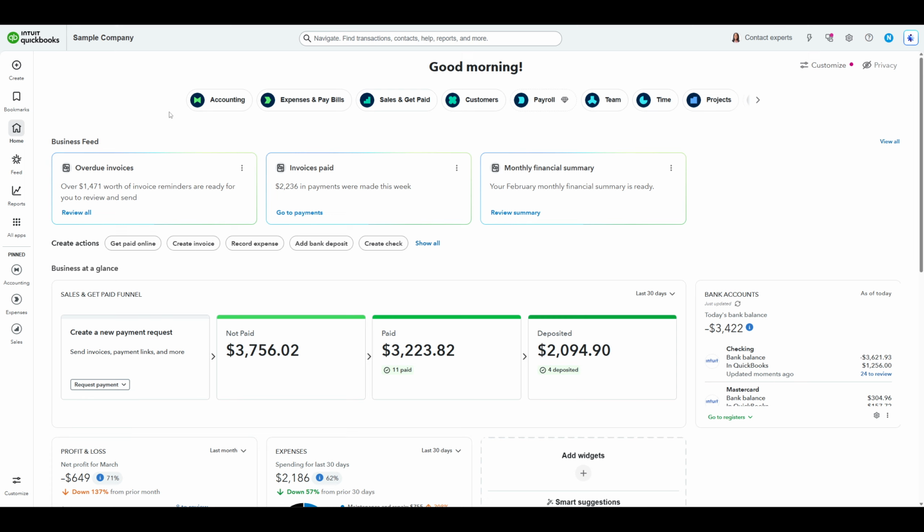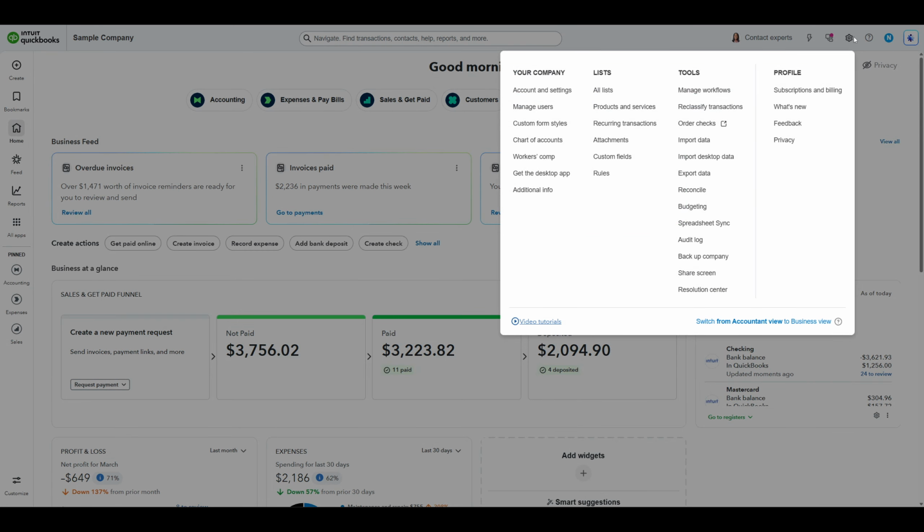Start by looking to the very top right corner of your QuickBooks screen. You'll see the familiar gear icon, which is the settings menu. Go ahead and click that. A panel opens with different sections. Under the section labeled Your Company, select Manage Users. This area is the central hub for who can get into your company file and what they can do once